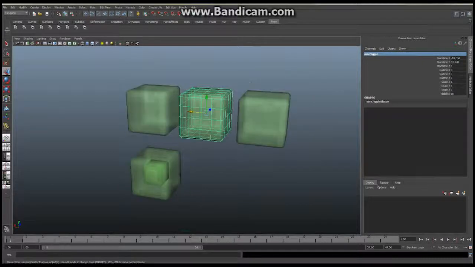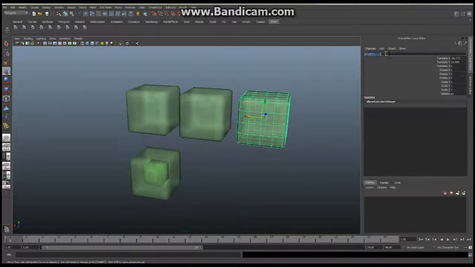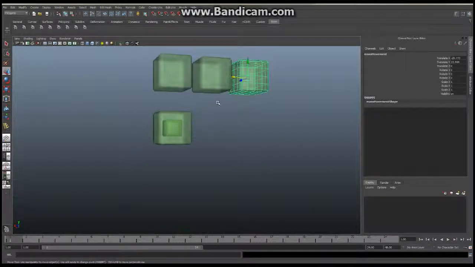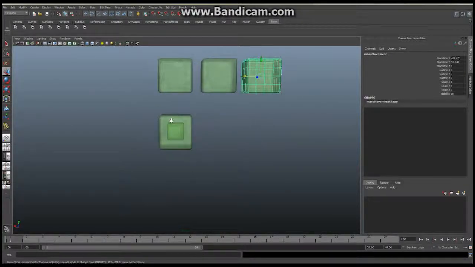And the last one we're going to call, let's call it a mass movement, just like that. So squash, sine jiggle, and mass movement. Okay. Now what we're going to do is take this guy here, and we're going to create